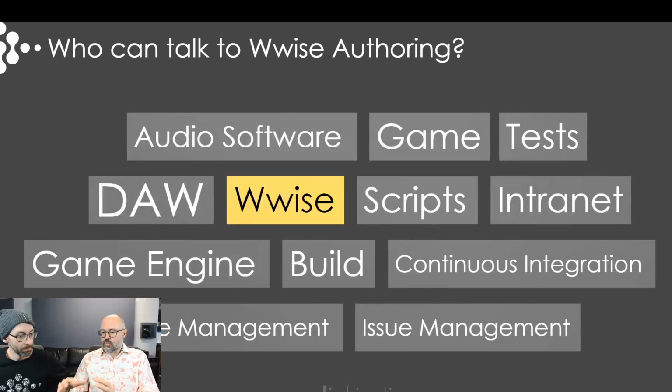WAAPI is a tool that we use internally. As we continue to develop and leverage what WAAPI has, we're also extending it with things that we need to grow. Part of that is, what do you need? As Wwise authors, as people evolving your own workflows, how can we help contribute to that? The best tool you can hope for is the one that you use, and as you use it, you continue to grow and evolve it over time.